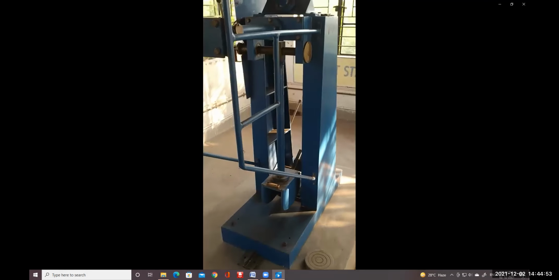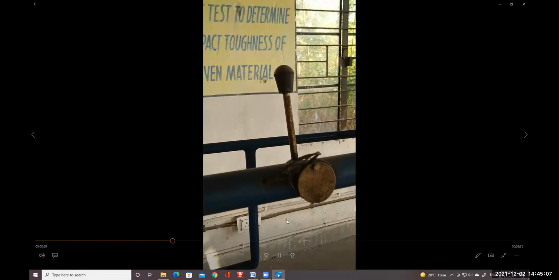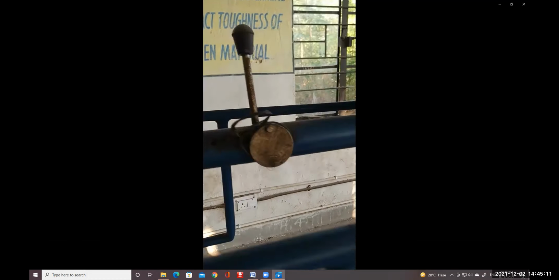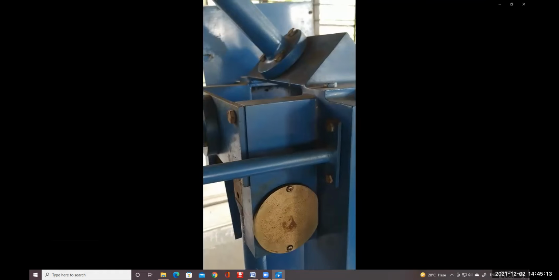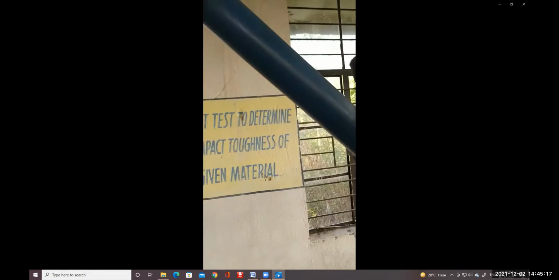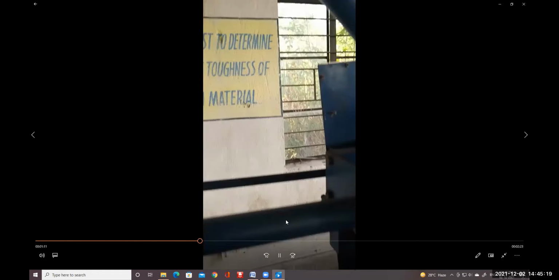Now, this is a standard machine. Here, two positions of the load are used, from where the load is released to strike and break the workpiece. One load is released from a height of around 85 degrees from the vertical, the vertical of the pillar of the machine itself. Another position is this one. It is 130 degrees from the vertical itself.